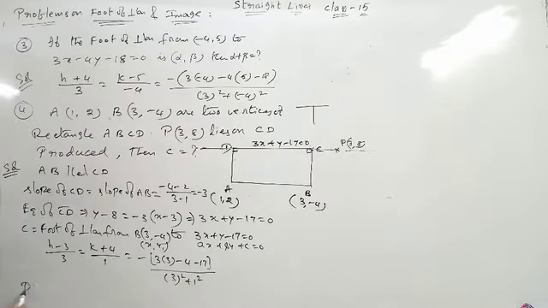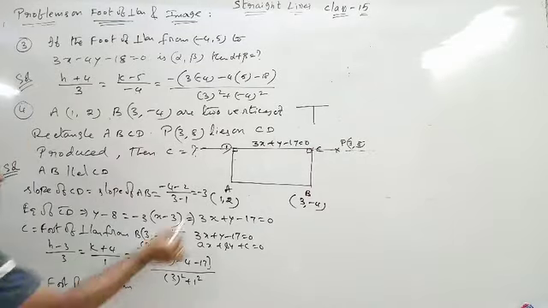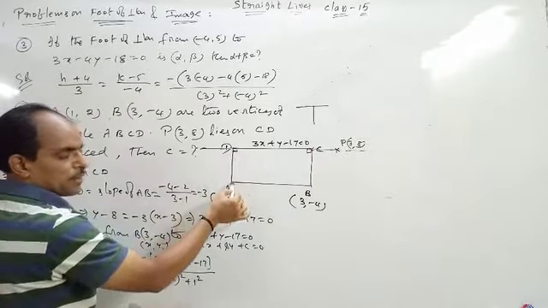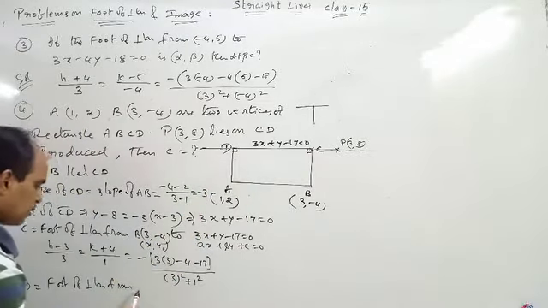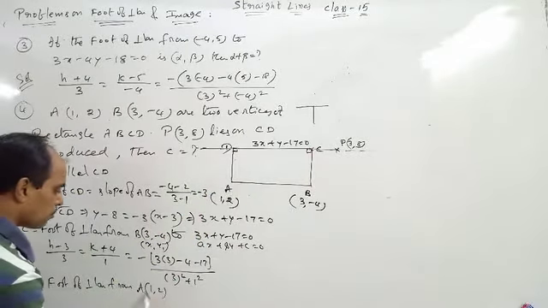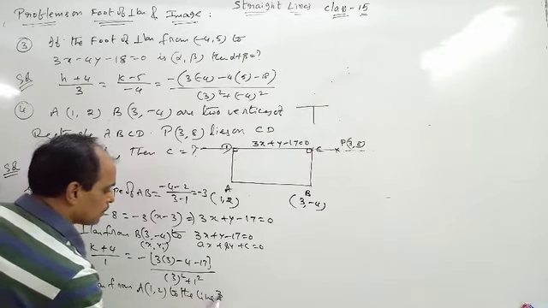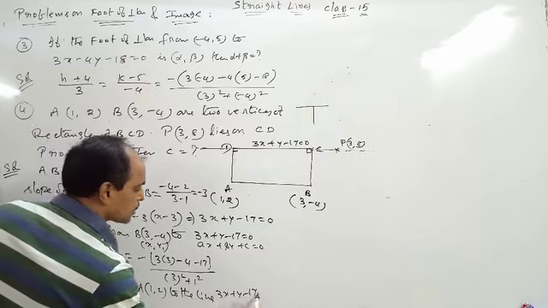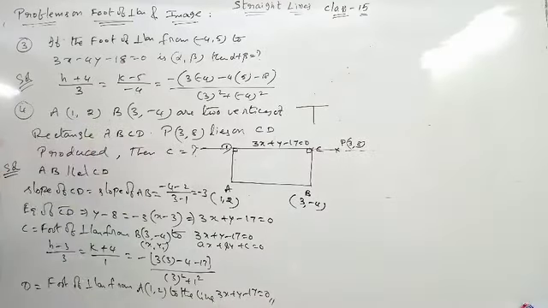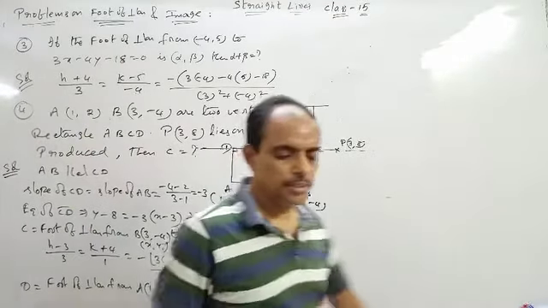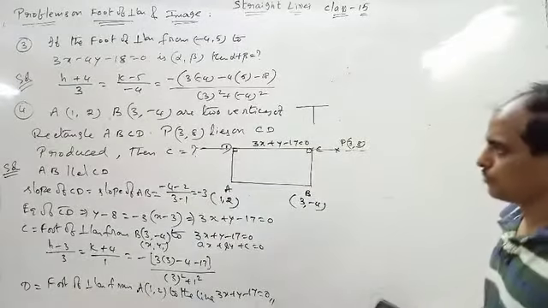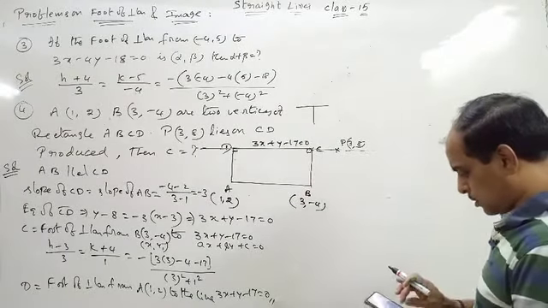And in the same way, D is also the foot of perpendicular from where? D is nothing but the foot of perpendicular from A to the same line, from A (1, 2) to the line. What about the line? 3x plus y minus 17 is equal to 0. You find that one also. Okay. Next question.